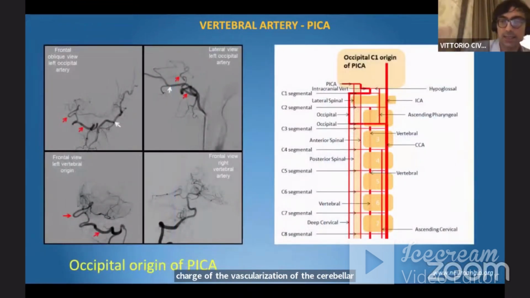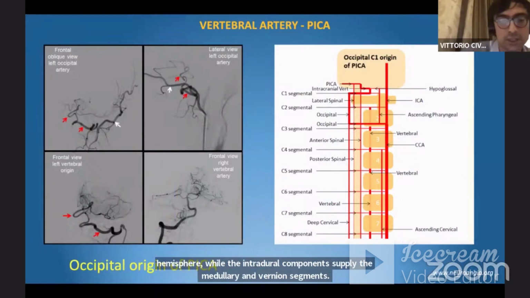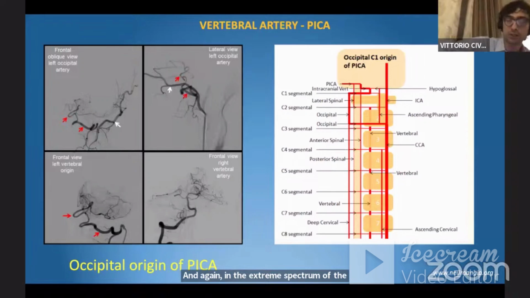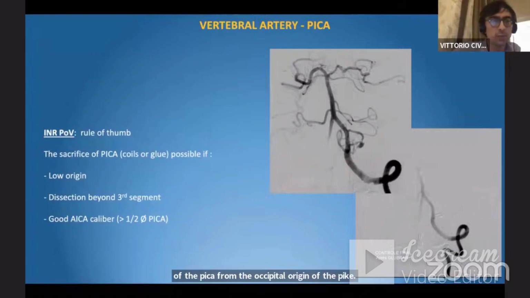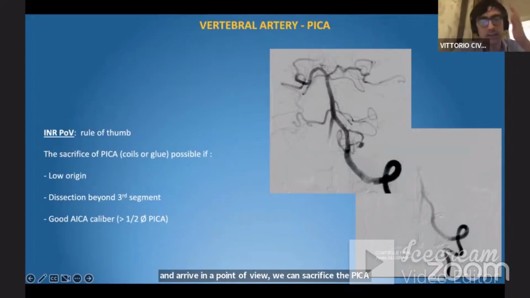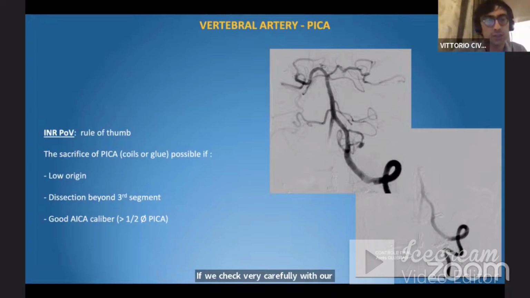And again, in the extreme spectrum of the embryological variation, we can also have the occipital origin of the PICA. From an interventional point of view, we can sacrifice the PICA if we have to, if we have a low origin, if we check very carefully with our 3D acquisition the absence of perforators, and if the PICA has a